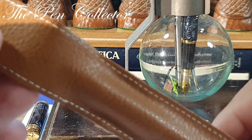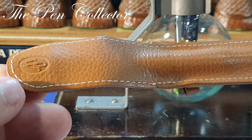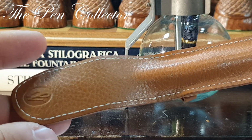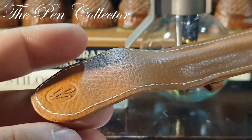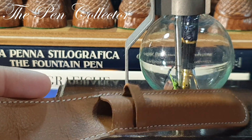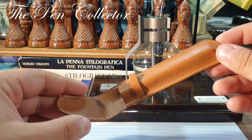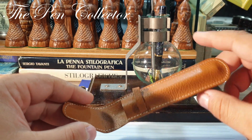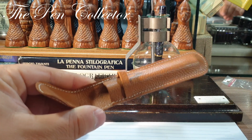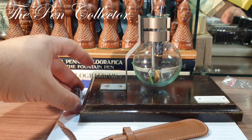Till then, I will present to you this beautiful etui. I don't know if it's made out of real leather or artificial leather. It has Waterman right over here, and I bought it with this fountain pen. I did not tell you the price, and sincerely, guys, I don't remember when I bought this fountain pen, but I certainly remember that I did not pay a large sum of money, and I was attracted by this beautiful